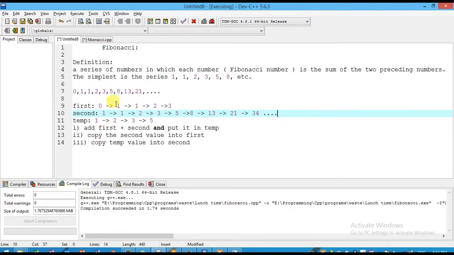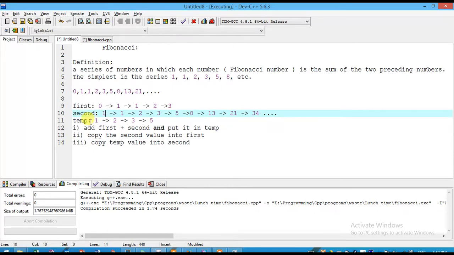Hope you understand this logic, because this process is why we are taking a temp here. If you understand this, then don't worry. We have to maintain the first value, the second value, and the sum of the first and second value, so we have to maintain 3 values at a point.